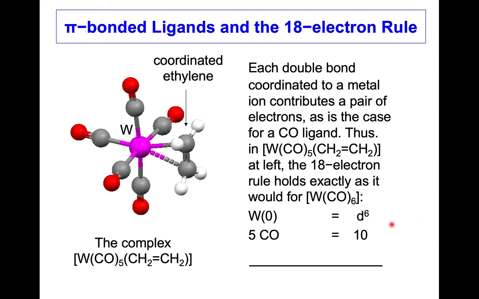The 5 COs contribute 10 electrons, and then the double bond of the alkene here provides 2 more electrons to bring us up to 18 electrons. So each CO, the lone pairs are interacting as 2-electron donors, and the pi bond of the alkene is also acting as a 2-electron donor to bring us up to